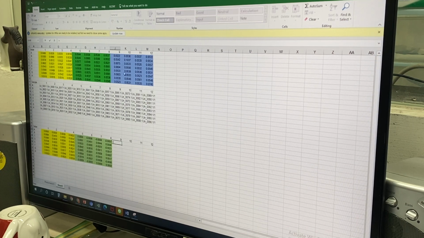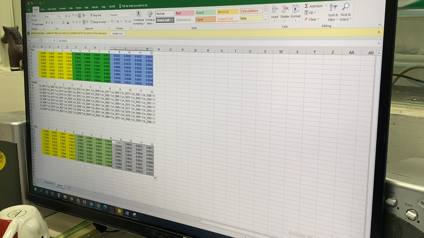Equals to this one minus 0.0522. Okay? So this becomes your